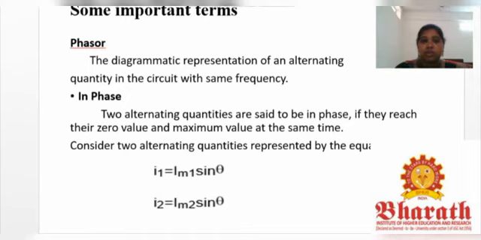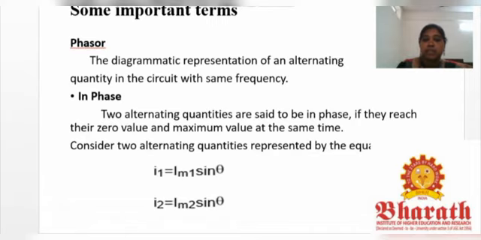Now this diagrammatic representation is the comparison of two AC quantities. One quantity we are going to keep as a reference or constant one, and the other quantity will be a varying one. The representation of the variation between the two AC quantities can be represented as a phasor quantity. In that we are going to see the in phase condition first.